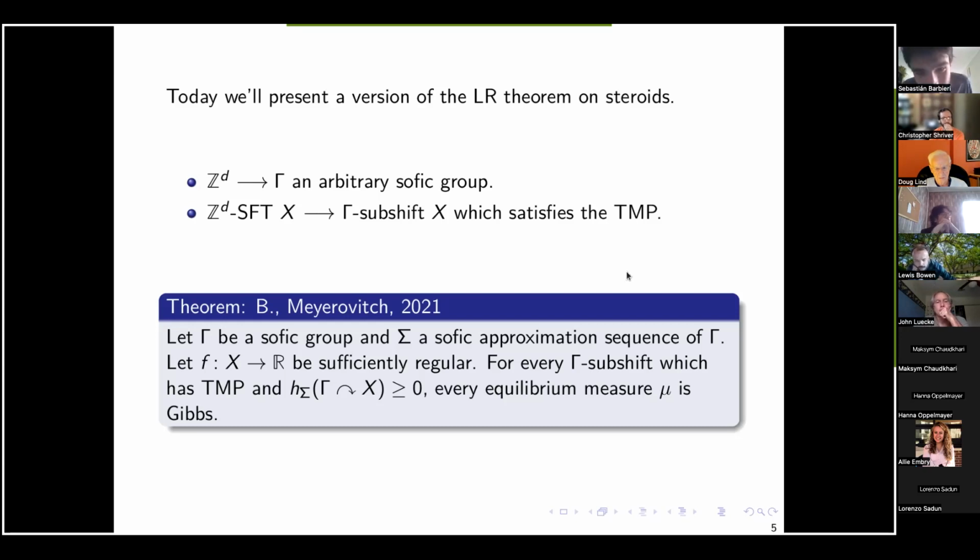So the only thing that is different from the first Lanford-Ruelle theorem, beyond the generalizations that I mentioned before, is that I need to ask that the system has positive topological entropy. That essentially means that the sofic approximation sequence can look at some invariant measure in a meaningful way. Okay? All right. So this is the plan for the talk. I'm going to try to explain the terms in this theorem in what remains.